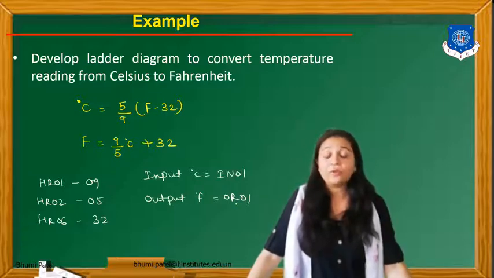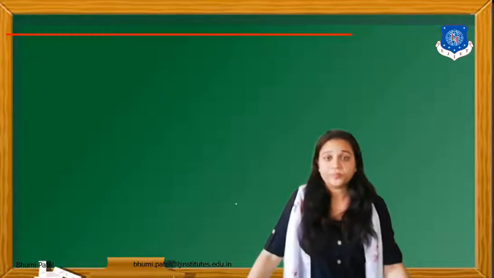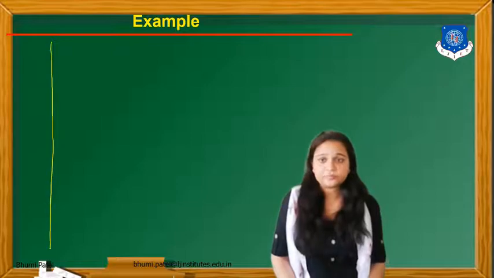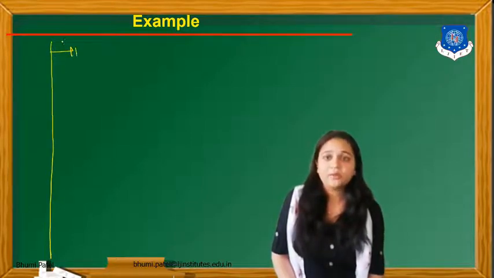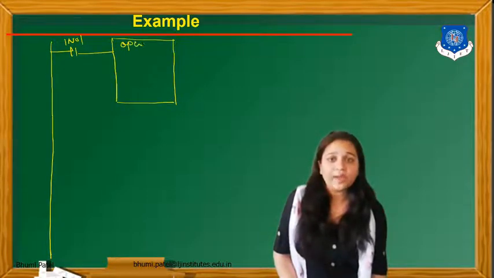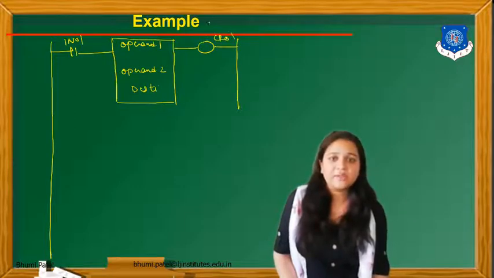So first of all, we have to divide 9 by 5. Draw the ladder diagram for this example, starting from the division instruction. Take one input, IN01, then draw the block for the division instruction. For division you must take two operands, operand 1 and operand 2, and whatever answer is there we save in the destination. CR01 is the output and the command for division is DV01.